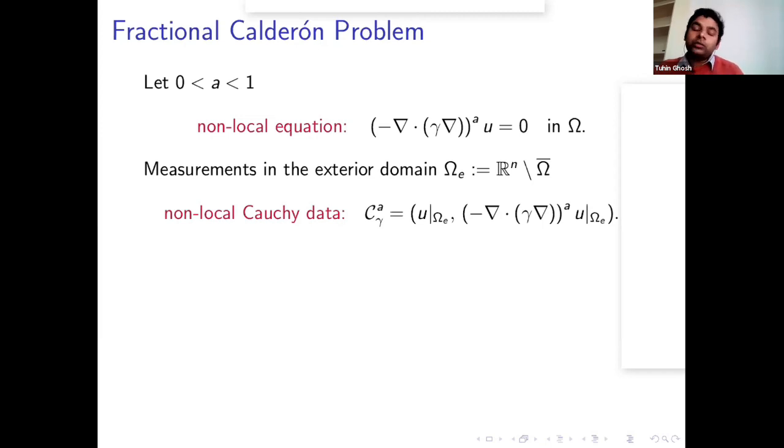But that's not all. Even for the non-local equation, the first big change that I can see is that the Cauchy data is a non-local Cauchy data, and it's defined over this omega e cross omega e. So it is defined on an n-dimensional object, n cross n. If you think in that perspective, it's kind of a 2n count of variables. But whereas